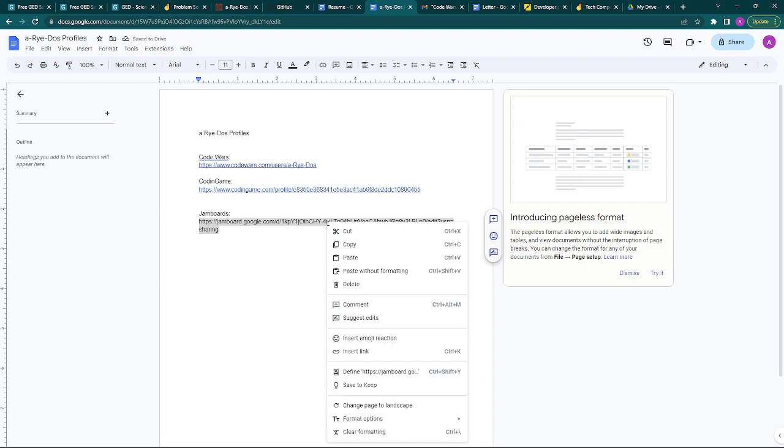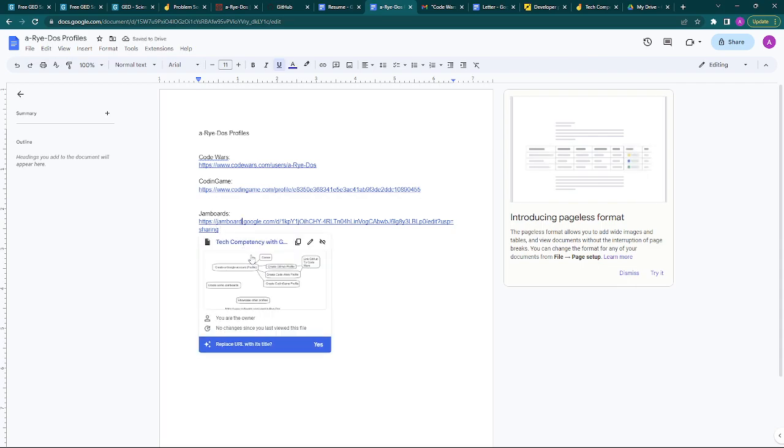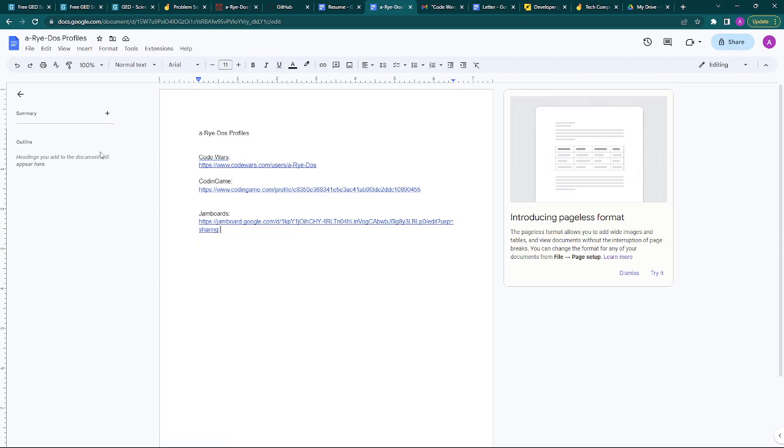Jamboards. And see, even right there, and then we can highlight this. Let me turn it into a link. There you go. Okay, so you click after it and hit space, and it'll auto make that a link. So now you can see there's the Jamboard there, and so already right there I went from profiles to Jamboards. So now we could just say this like A-Rye Dose resume, and see, you can dynamically change this whenever you want to whatever you want. So now as this thing changes, so we've got profiles, we've got Jamboards,